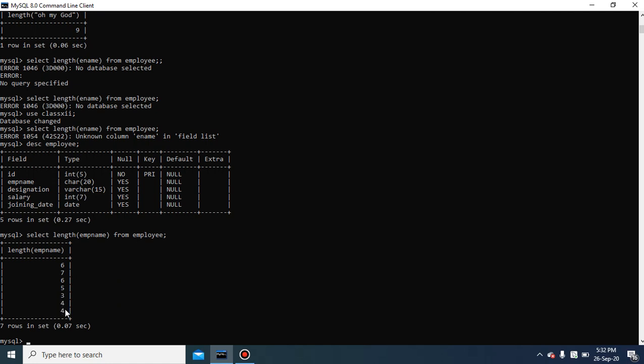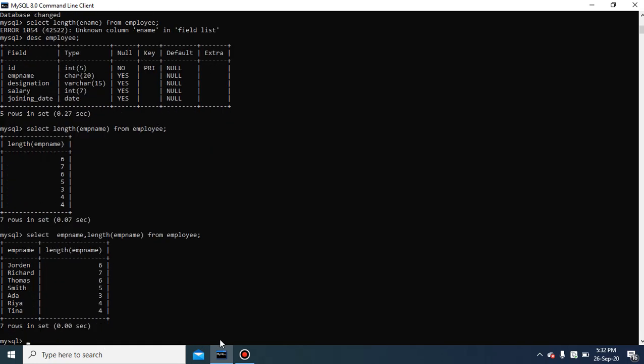See, it is coming as 6765344. You are not able to understand the output, so let us change the format of the query. I am writing select emp name also, so that you can count the number of characters present in the employee name: select emp name, length emp name from employee. Then it will give the correct output.